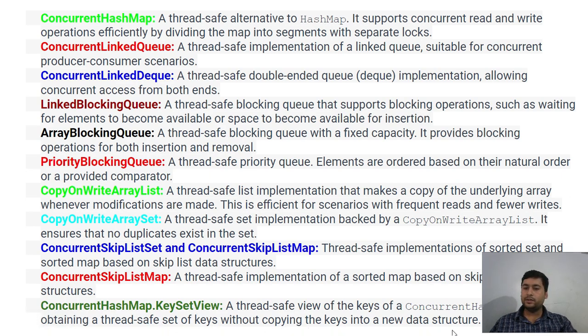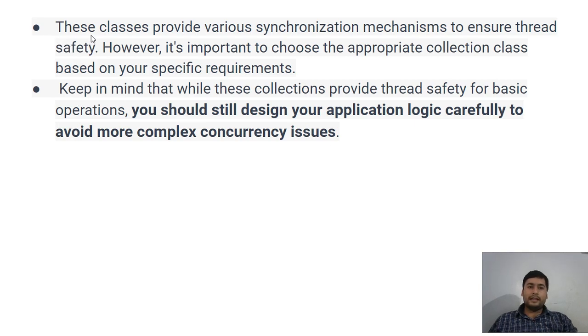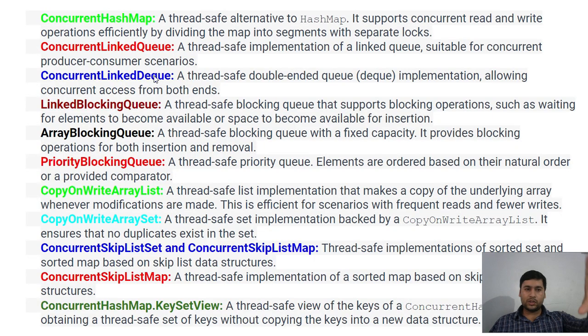Okay, so go and try to explore all those things, because if I do each and every piece of code in front of you in Eclipse, it might not be understood exactly. But if you write it on your own, just replace my classes with these classes and do the work, no issue. These classes provide various synchronization mechanisms to ensure thread safety. However, it's important to choose the appropriate collection class based on your specific requirement. So this is the detail I have given, and based on that you can choose